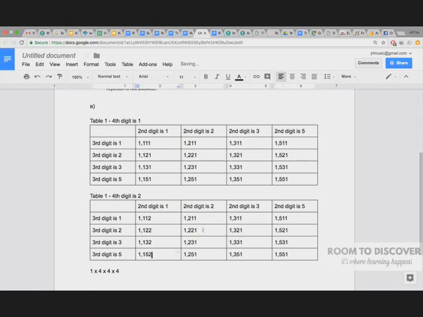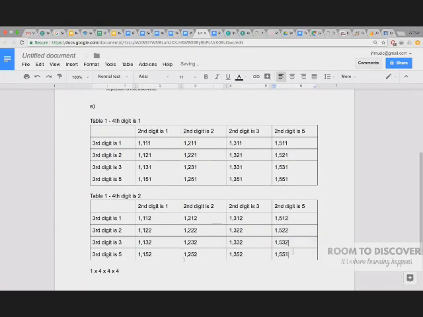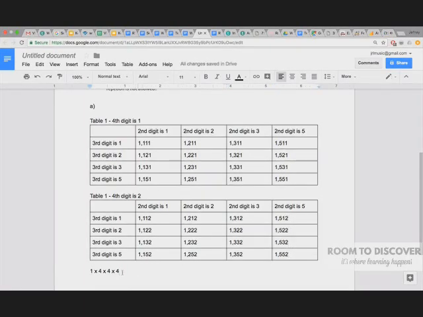Obviously I would have to do this 4 times because we have 4 possibilities. I'm not going to do that because I think this is enough to illustrate that, but I would have 4 tables, and that's why I would multiply again by 4, and I would get 64